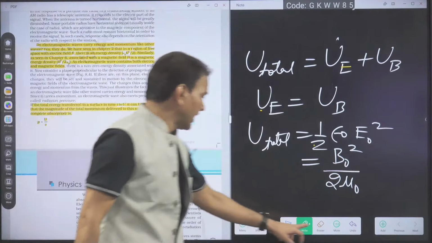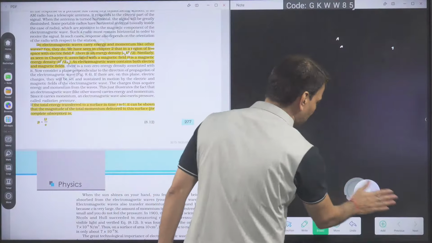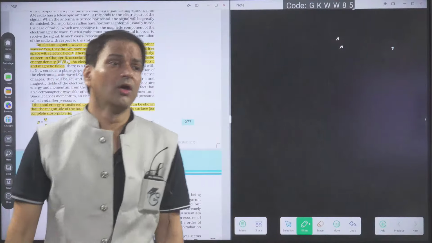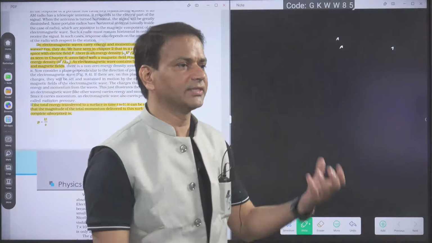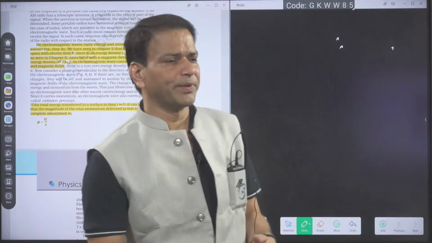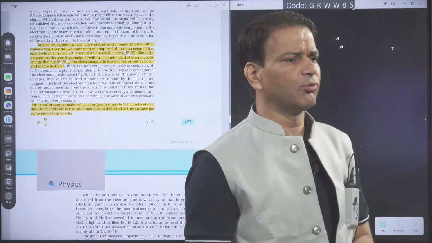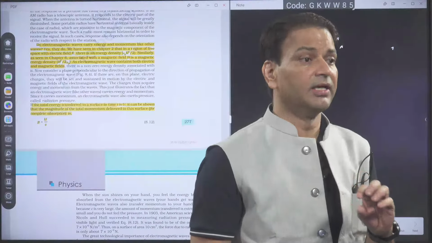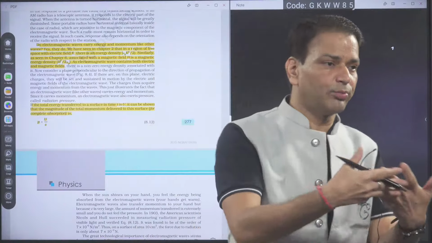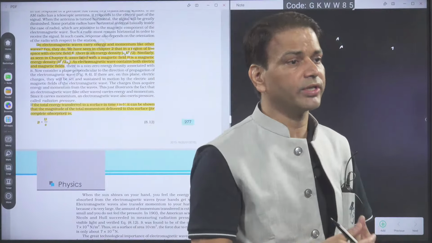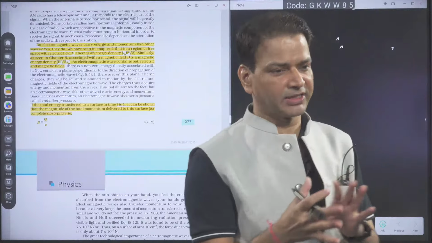Then another thing in the EM wave: electromagnetic wave contains photons. Photon has momentum, which we already learned in dual nature and in the atom also. So P is equal to E by C or h by lambda. That is the momentum, we can write energy by C. Sometimes they ask what is the total momentum delivered to the surface when the electromagnetic wave is incident on the surface. Total momentum delivered, force applied or the pressure applied, they are asking.